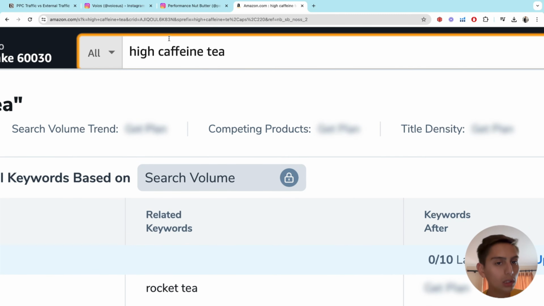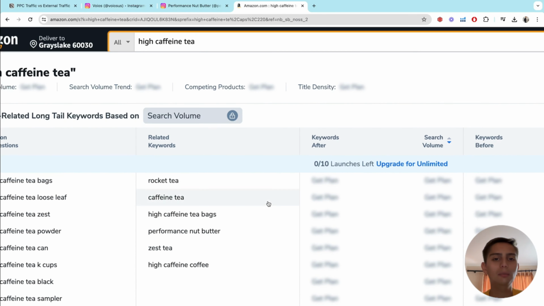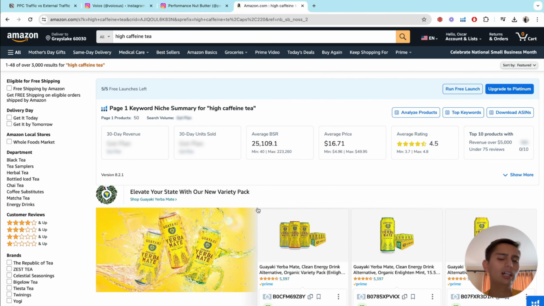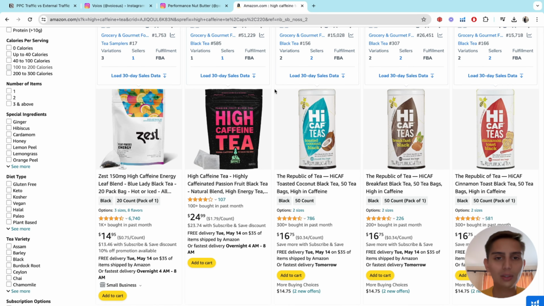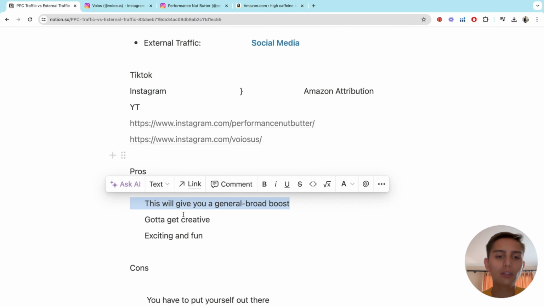So it's not only gonna work for high caffeine tea, but it's gonna work for a lot of keywords, okay? So instead of just ranking for one keyword, the reason why the Amazon attribution program is so powerful is that once I make a sale through the attribution tag, it's gonna rank me on all the keywords, okay? So that's pretty much why this is really, really powerful.